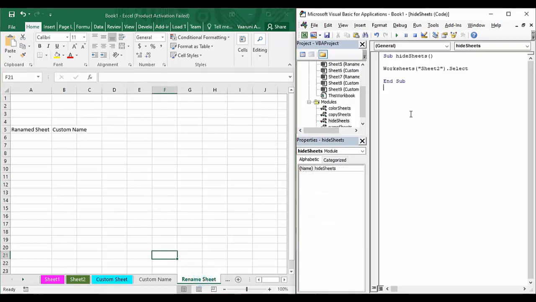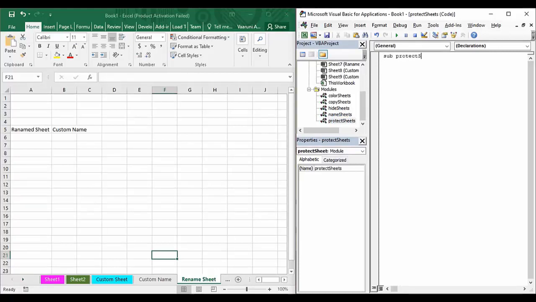So you need to open up your VBA editor. With the shortcut Alt F11, you can press it anytime and VBA will open in front of you. Once you've opened VBA, go to the Insert tab and insert a new module. You can rename this module to anything you want. I'm just going to rename it as Protect Sheets, but make sure you give it a meaningful name. Then open this Protect Sheets module in the code pane and create a sub procedure for it and give it a name.